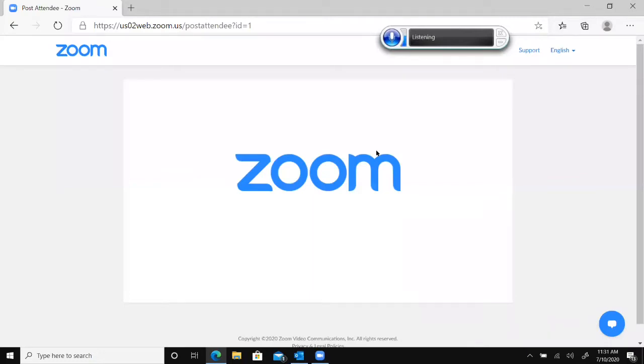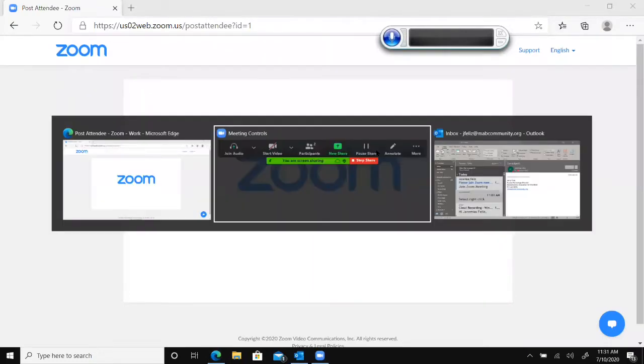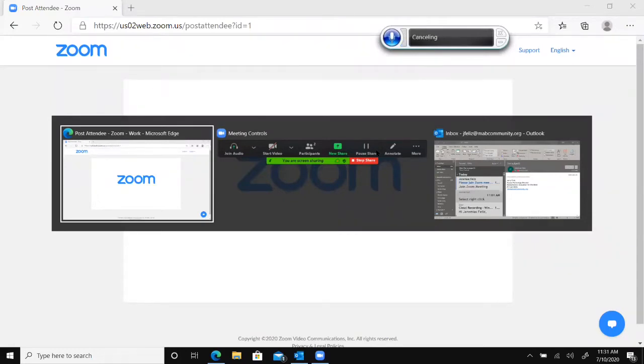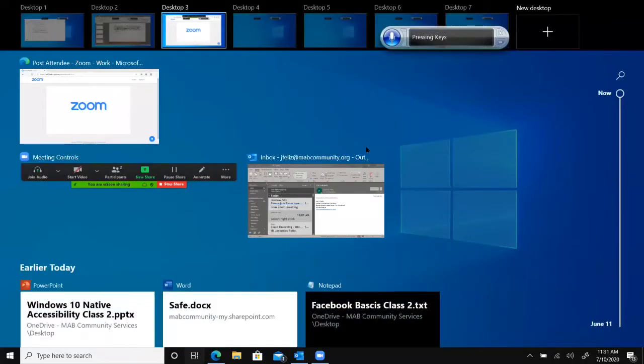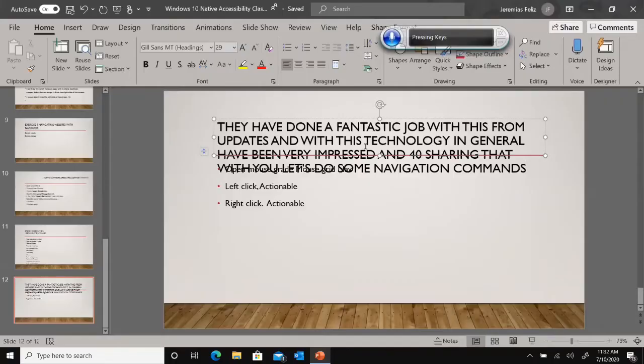Press Control Alt Tab. Press tab. Press Windows tab. Press shift tab. Press enter. So this will navigate us between